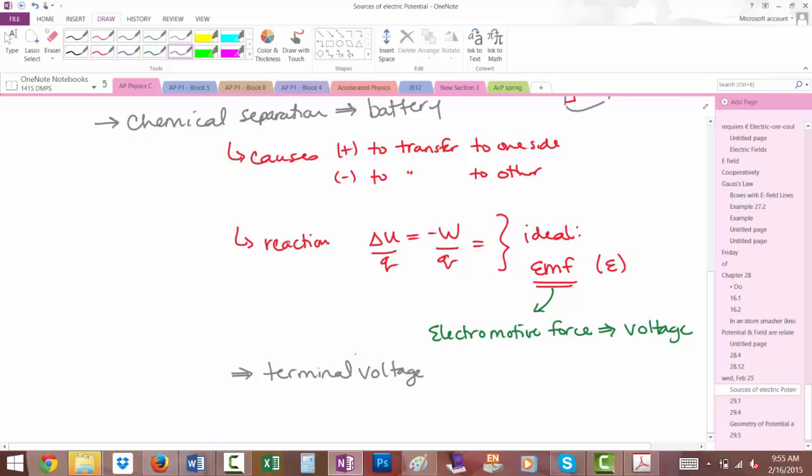The voltage, right? From one side to the other. That's really what it means. Yeah, yeah. So it's not terminal like a terminal illness. It's terminal like from one terminal to the other terminal. Yeah. So the voltage that one would measure on a battery, V, will always be less than the actual EMF